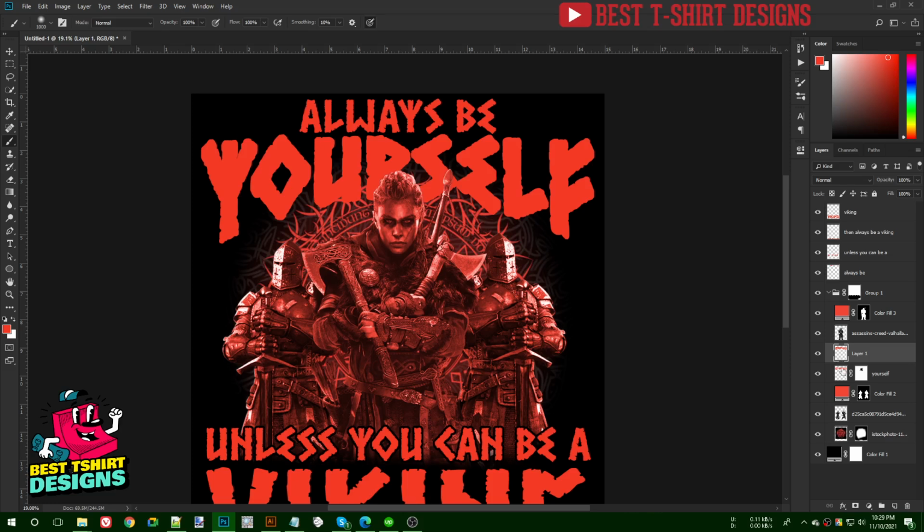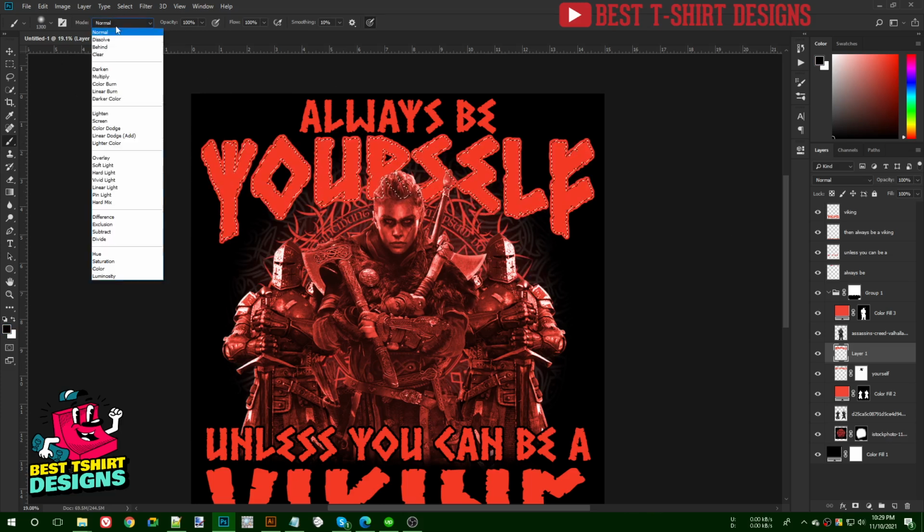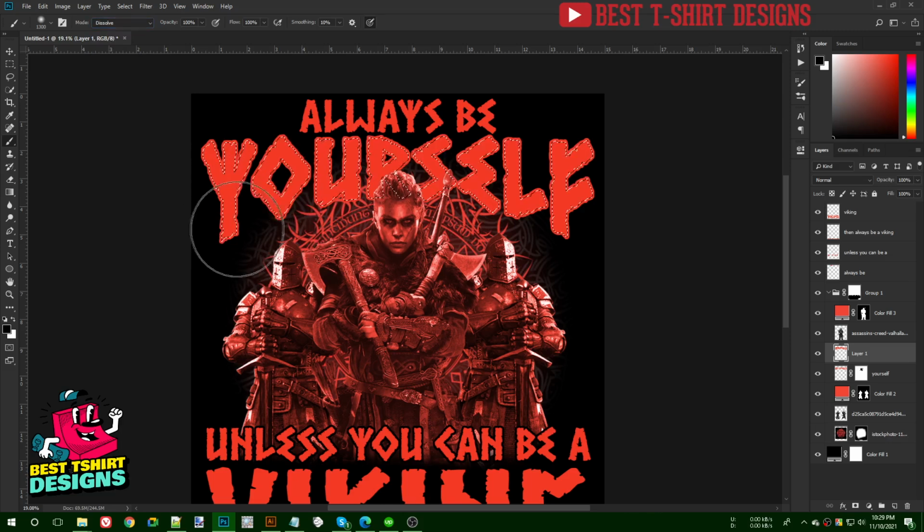Again I am going to Ctrl click on this original layer of the "yourself" text. It is going to make a selection of that, and then I come into this new layer that I just created, and with my brush tool selected I take the black color. I need to change the blending mode to Dissolve, and with my dissolve brush I can simply paint like this, and it is going to give me an effect like that, as you can see here, but I want to do it in a bit smaller size.